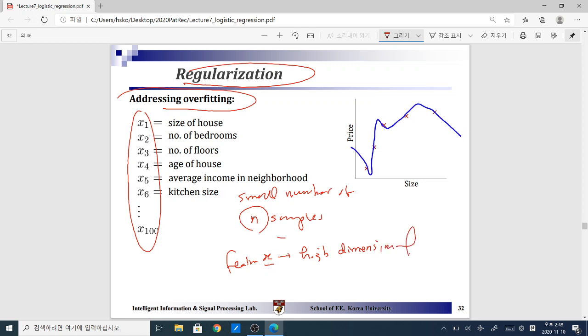If you have a very large number of samples and high dimensional data, then you are not going to have this overfitting problem. But if the training size, or the number of training data, is very, very small compared to the feature dimension, where the feature dimension also means the size of the parameter,